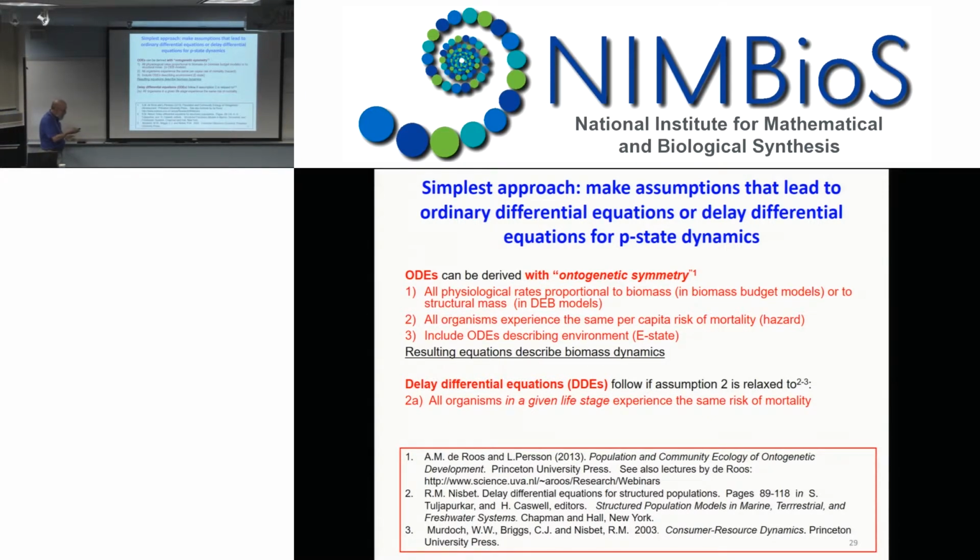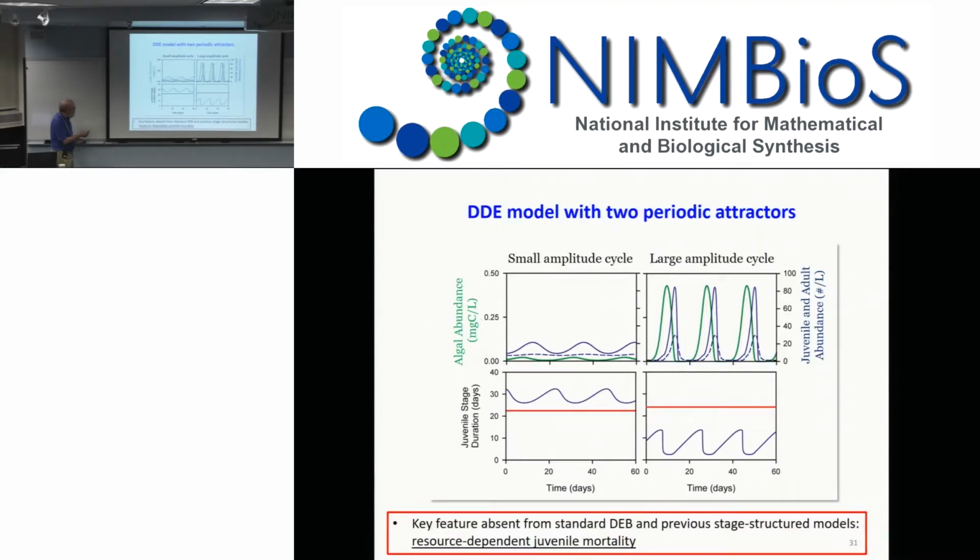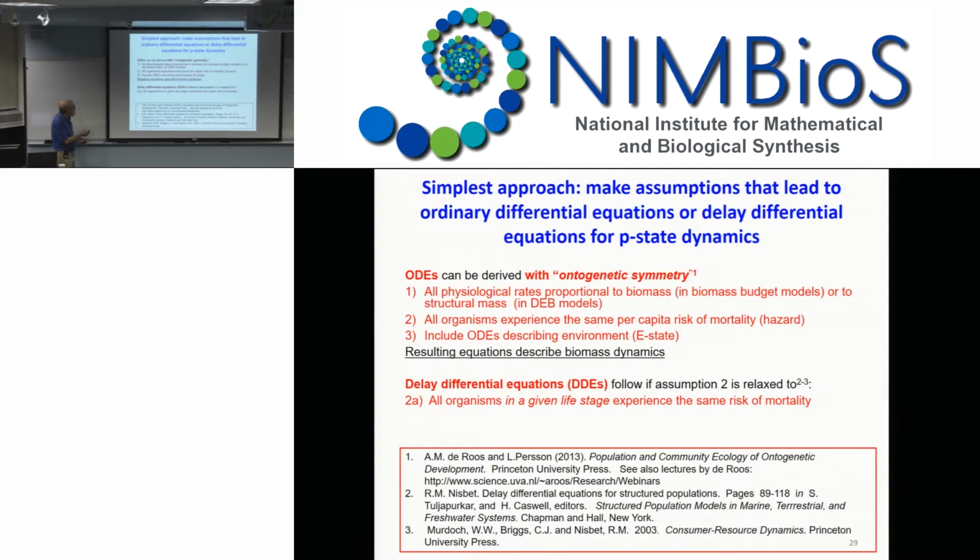And the most limiting assumption probably is that all organisms experience the same risk of mortality, and you can couple these with an ordinary differential equation describing the environment, and this is the individual-based characterization of these biomass-based models that I missed yesterday morning,